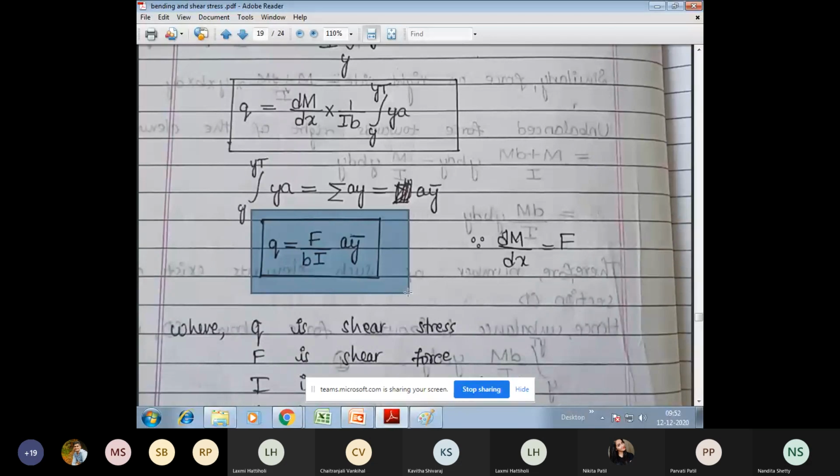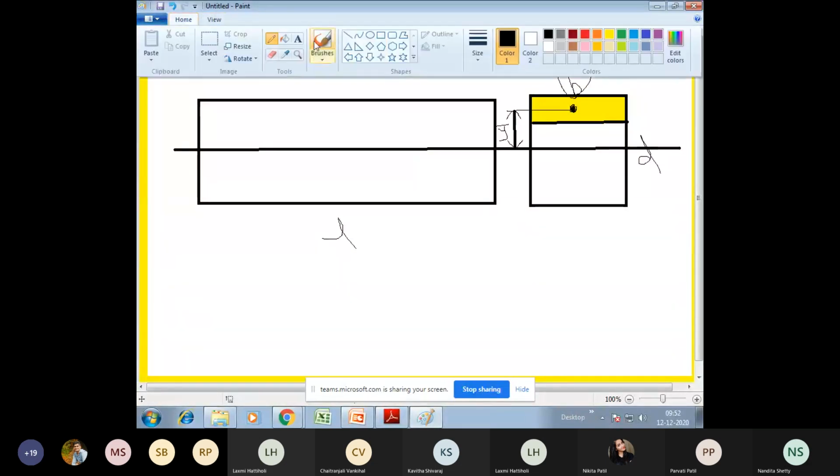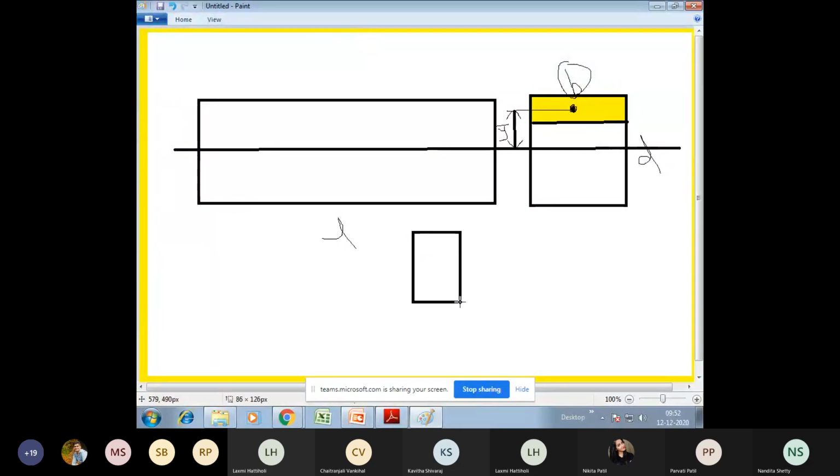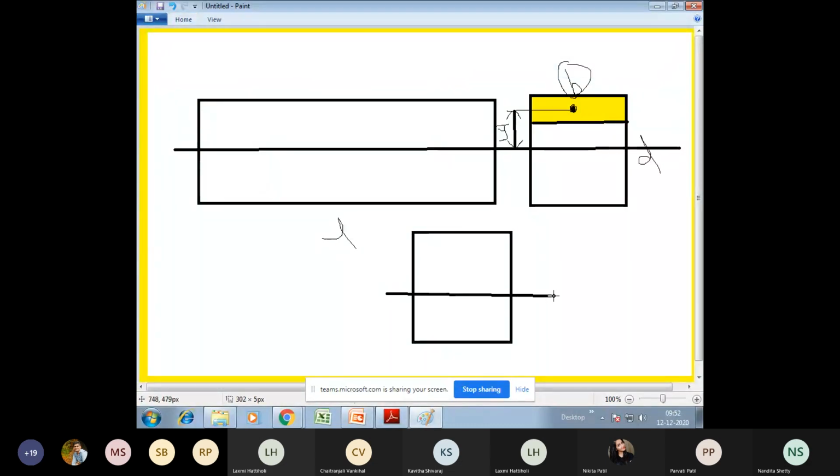Answer something. At least if you don't know, you can say so. Just say WL square by 8, don't. No, ma'am, I'm not asking you the formula for maximum bending moment, WL square by 8. What I'm asking here is, if this is your section, where is the bending stress maximum? Not shear stress, bending stress, which we have learned in the previous concept.